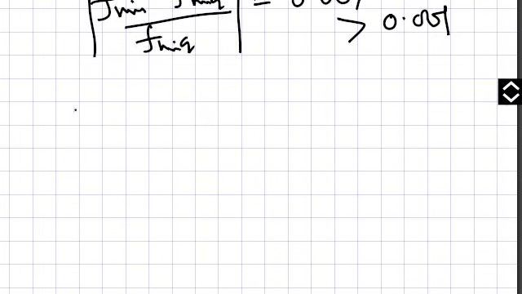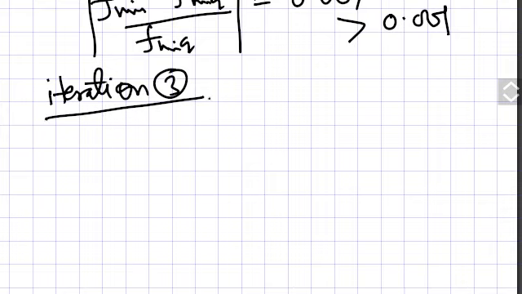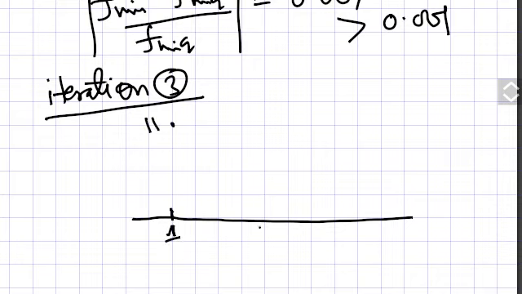Now we are coming to iteration 3. So again we are deciding our new points now. So the new points will be, as you can see, x1 will be 1, its value is 11 here, and now we have got a new point in between here.